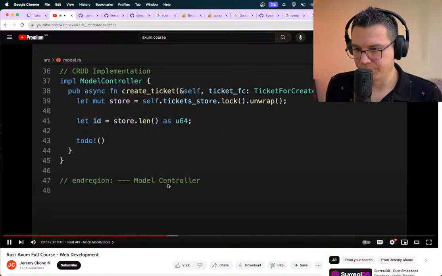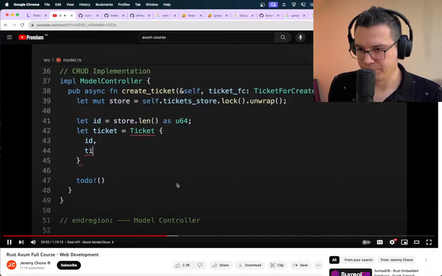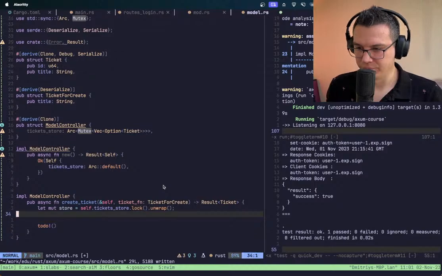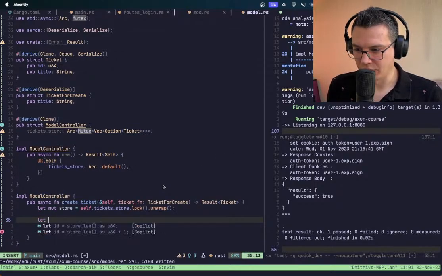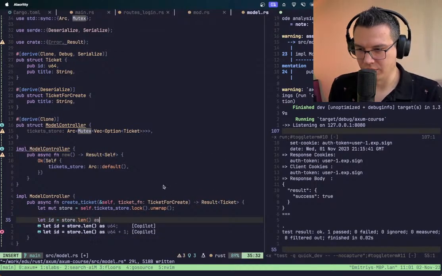All right, with the mutex. Now we can do a ticket, the ID, and the title will be our ticket for create title. id star len as